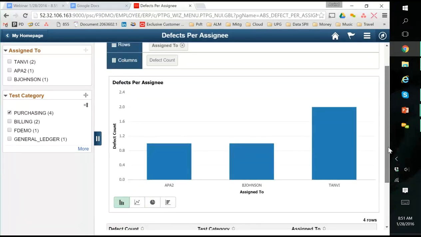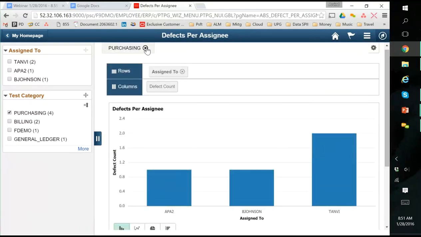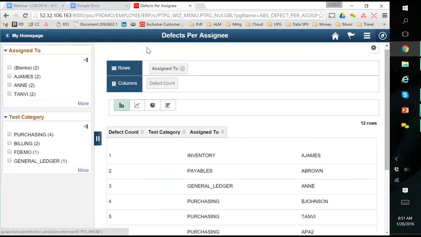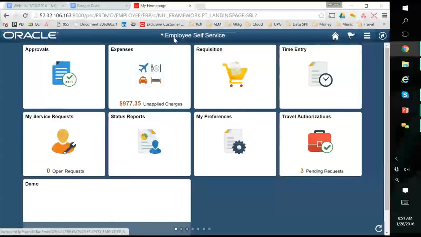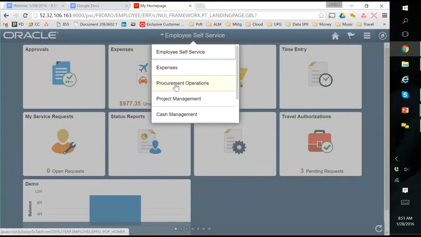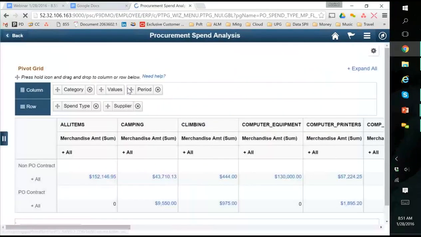You can export this. You can look at details. There's a lot of things that you could do. You can say, yeah, I want to clear out all my filters, and I want to look at everything together. Now let's look at this for something that's delivered. So earlier I said you don't have to really build everything as custom and fluid. There's a lot of stuff that PeopleSoft has delivered so far and plans to deliver as it goes ahead with new PUM images. So here's a procurement spend analysis